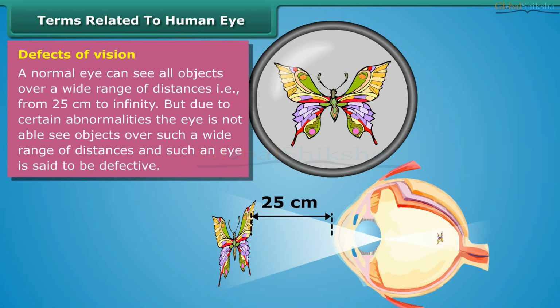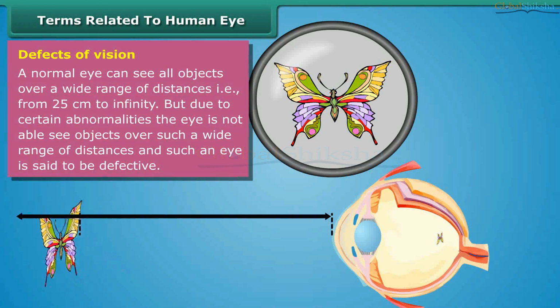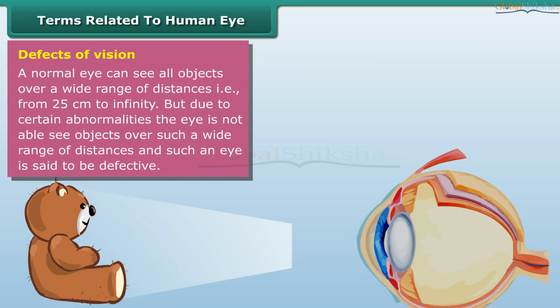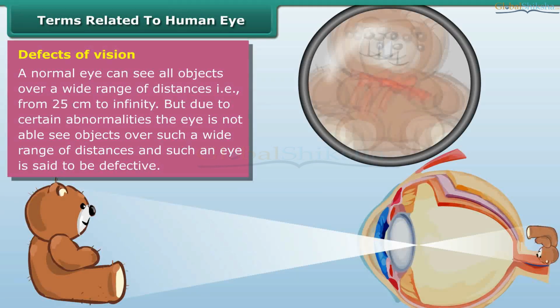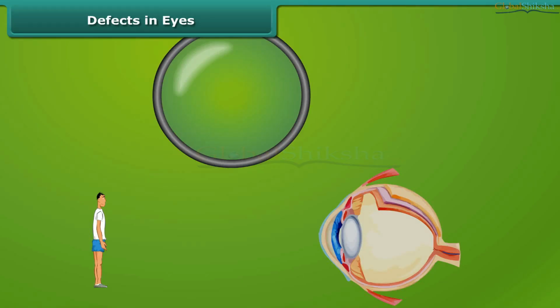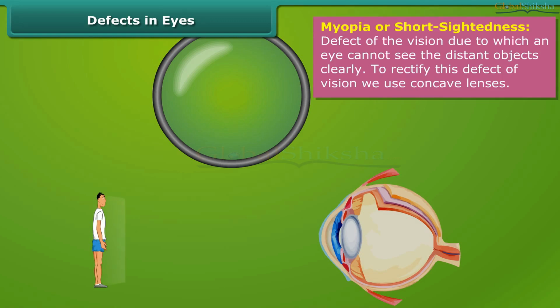Defects of vision. A normal eye can see all objects over a wide range of distances, that is, from 25 centimeters to infinity. But due to certain abnormalities, the eye is not able to see objects over such a wide range of distances, and such an eye is said to be defective. Some of the defects of vision are myopia or short-sightedness,